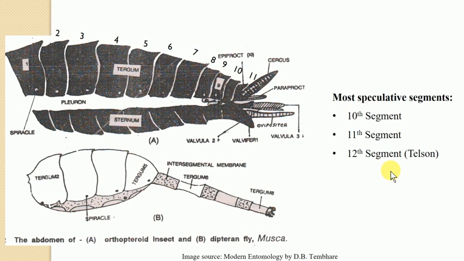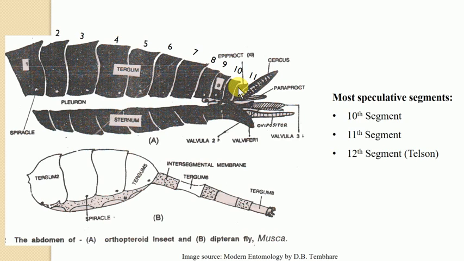So what we can conclude from this discussion is that in the embryonic condition of each and every insect, the abdomen is composed of a total of 12 segments, but as they become an adult, the 12th segment generally becomes indistinct, and generally the abdomen is represented by 11 segments, which is a generality among insects. Again, the 11th segment is not completely visible in all insects. Some insects show only the presence of 9 or 10 segments,